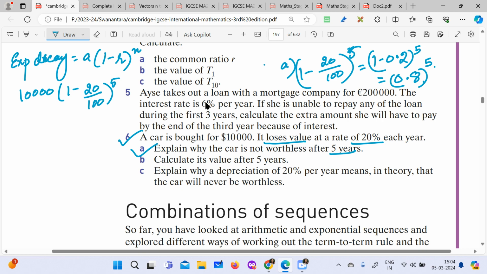There is going to be some good value. Got it? Okay, now calculate its value after 5 years. So after 5 years we can calculate the value here: 10,000 times 0.8 to the power of 5, and that will give you, so definitely you have to know how to use your calculator perfectly. So this is going to give us,